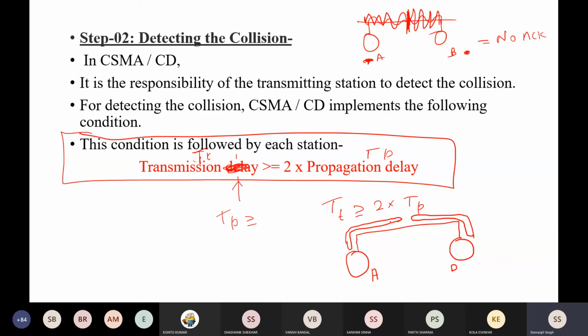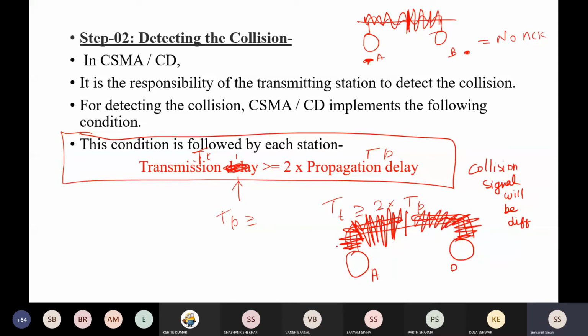After a certain amount of time there will absolutely be a collision, as you already know. But keep in mind that the collision signal will be different from the packet that you are sending. It may be higher in amplitude. Suppose the packet goes like this; when it collides, the collision signal will be something like this. It increases the frequency, and that is how you detect there is a collision here.